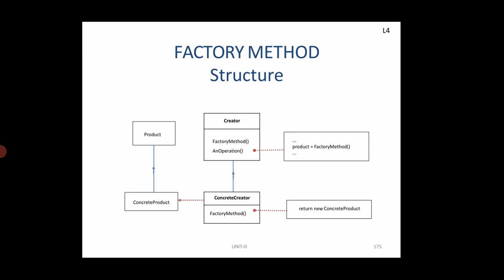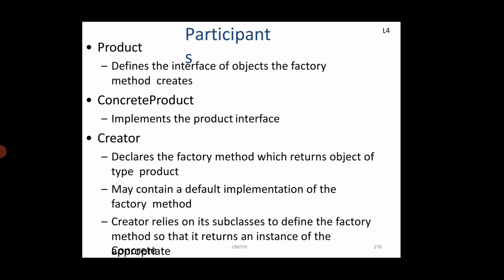It is the structure representation, a graphical notation of classes and objects, showing the relationship between objects and classes. The scenario will look like that. Okay, and coming to the next concept, that is nothing but the participants. In this factory method design pattern, we need to take some participants, like the product, in the sense a document.